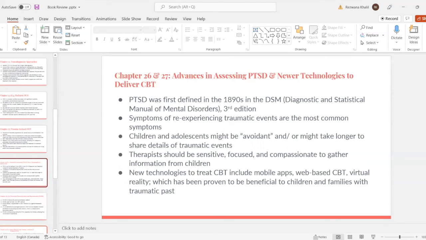We're now moving on to advances in assessing PTSD and the newer technologies to deliver CBT. PTSD was first defined in the 1890s in the DSM, third edition. And we all know what DSMs are. They're the Diagnostic and Statistical Manual of Mental Disorders, and post-traumatic stress disorder was first coined in the third edition of the DSM. Some of the symptoms are